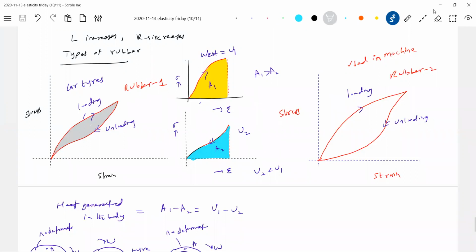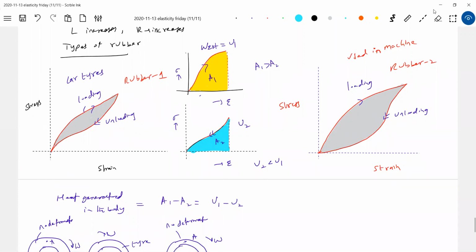So therefore, for a rubber used in machines, look at its area under the stress versus strain graph. What is one cycle? You start with zero deformation, then it undergoes deformation, then you unload it, and it returns back. This becomes one cycle. In one cycle, if the area under the curve is more, that particular rubber should be used for machines. If the area is less, it should be used for car tires. One cycle, what do you mean by one cycle here? You're going to start from here: O, A, B, C, D. This will become one cycle.